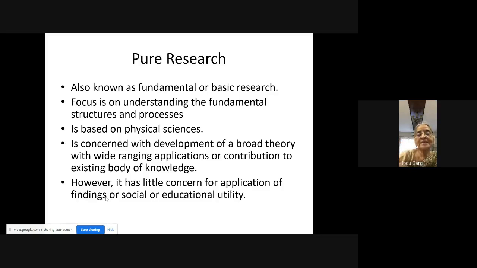So all your BSc, MSc graduates who do their research, or those who after MSc maths or MSc physics do their PhD, whatever. Even in your MSc, a lot of research is done which is very pure research. Research for the sake of research, which is conducted mainly in the field of physical sciences and in laboratories. Okay. Now let us see how it can help you in applying this knowledge. Can we just go to the next?